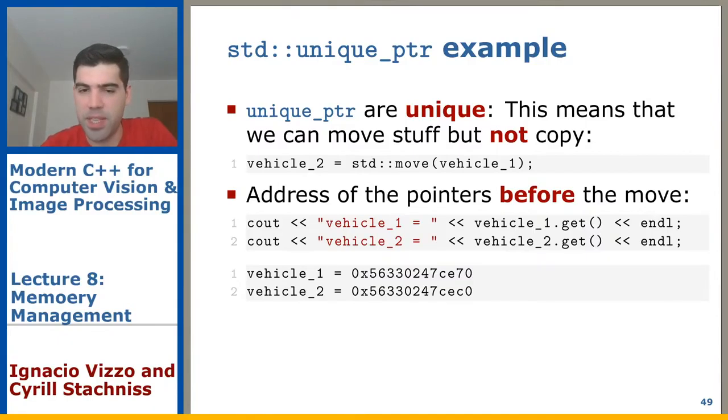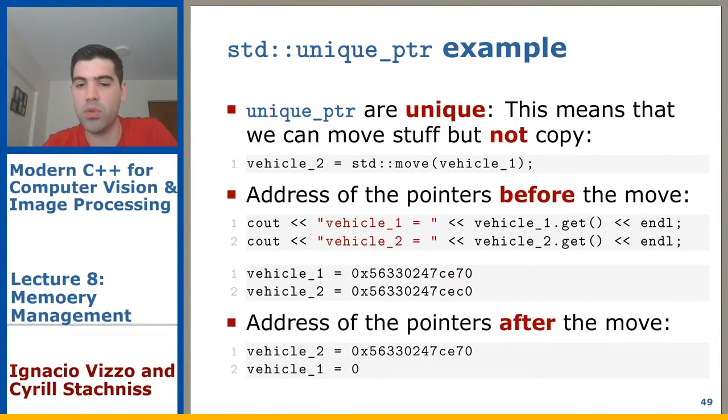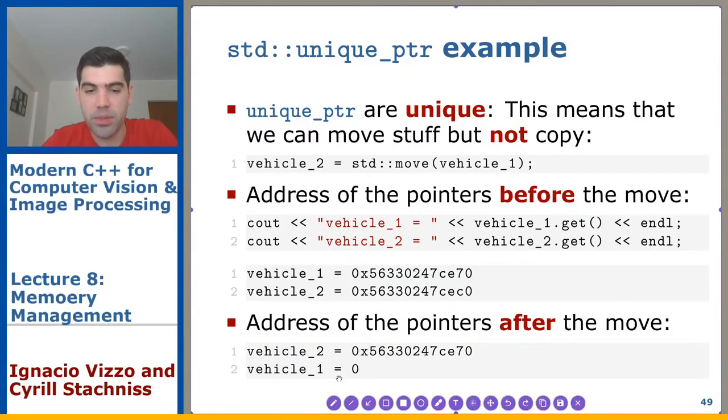And then this is an example of the pointers before the move. Again, you can try it. There is source code for these examples. Just try it. So before the move, both pointers had some address, so 70 and C0. And after the move, now vehicle 2 is uniquely pointing